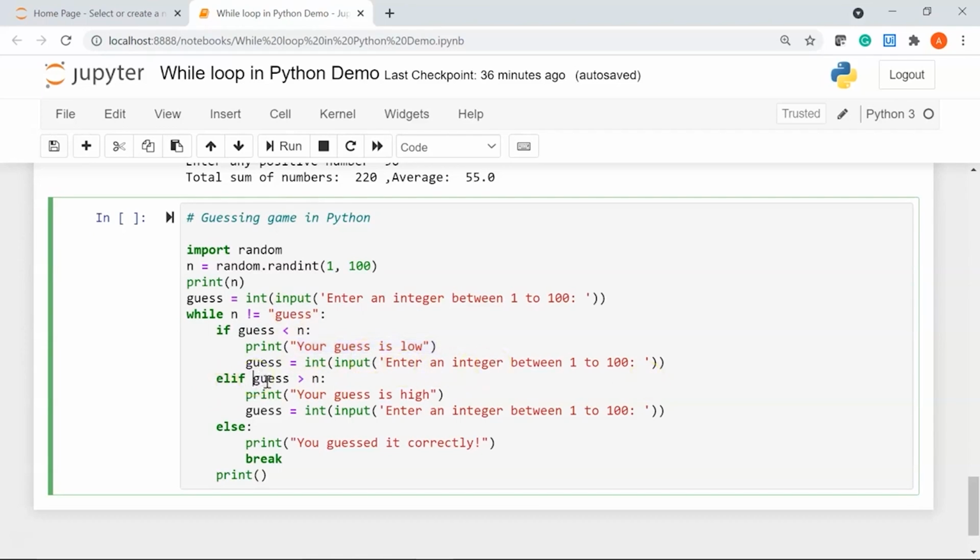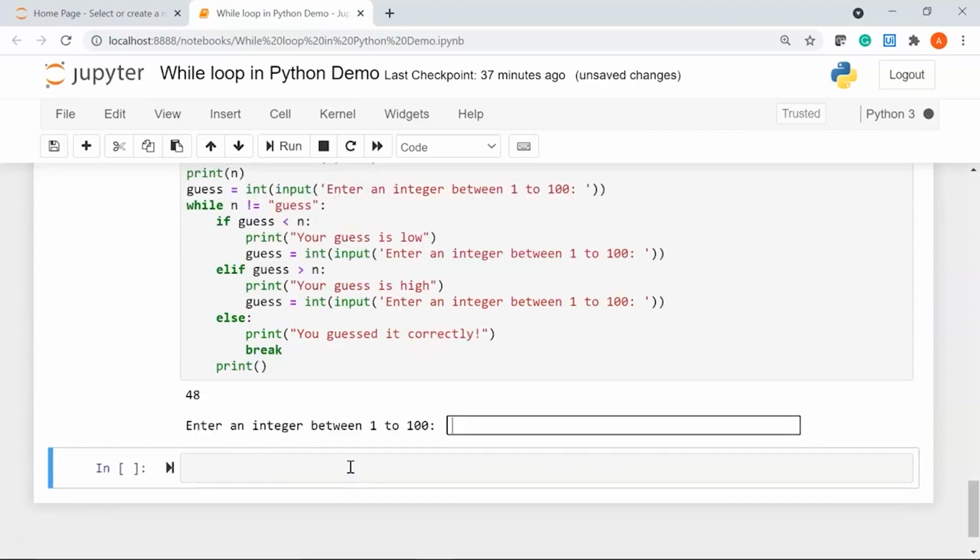Then I'm saying if the guessed value is more than the generated random integer, we'll print your guess is high. Then after that I'm again asking the user to input an integer, and in case the random integer matches with the guessed number, we'll print you guessed it correctly. Alright, let's try this out.